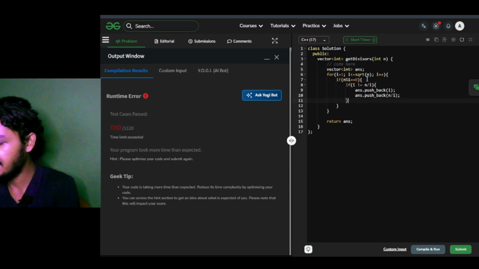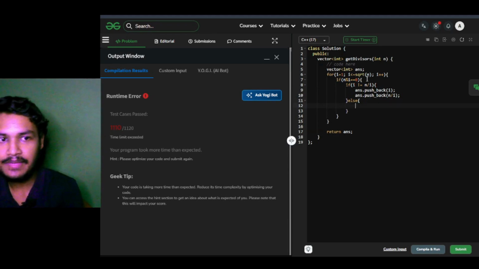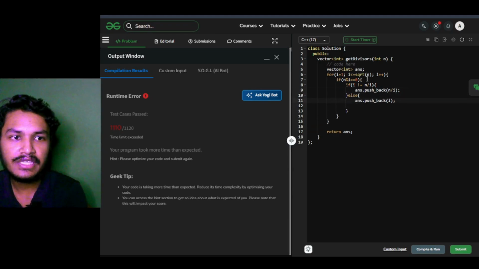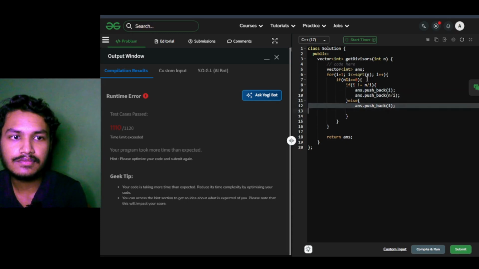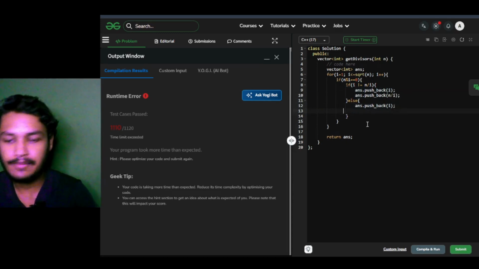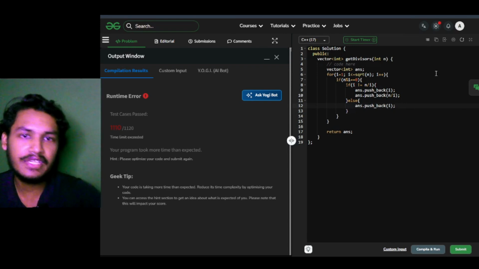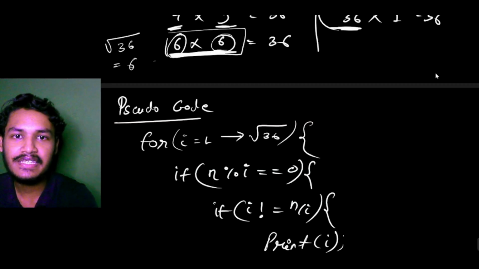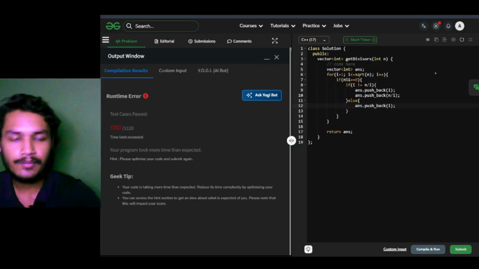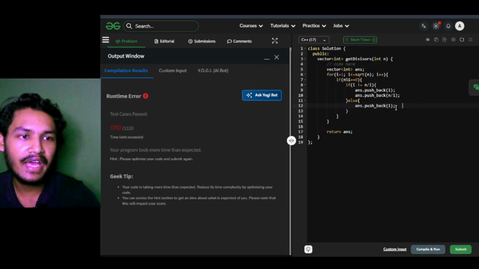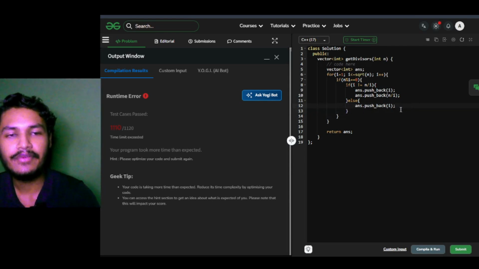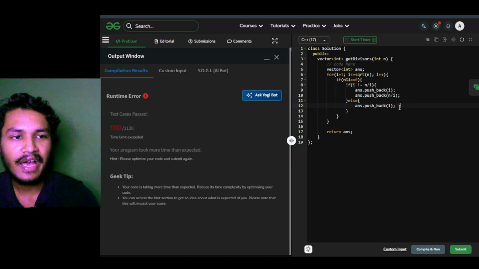If both the numbers are the same, we push either i or n by i; we can push either of them. Then we return the answer.